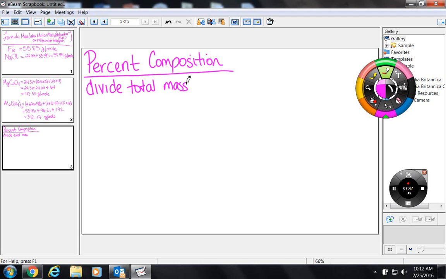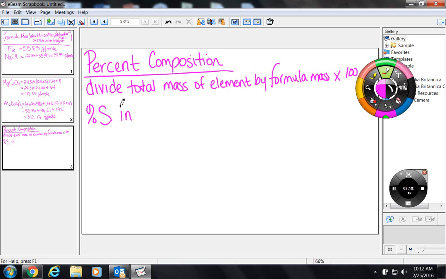So for percent composition, you divide the total mass of the element by the formula mass, then multiply by 100. Do you have to write it down if you already understand the concept? If you understand the concept, you don't have to write it down, but let's do a couple just to make sure. So if I want the percent sulfur in SO3, sulfur trioxide,